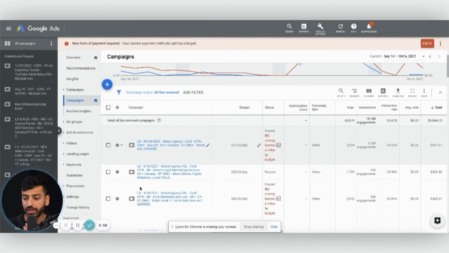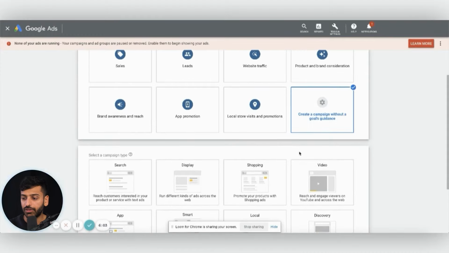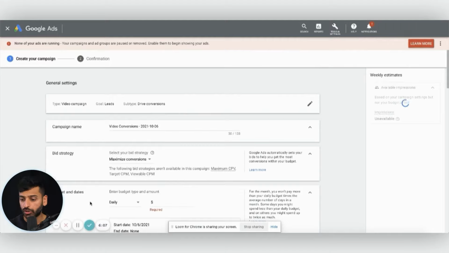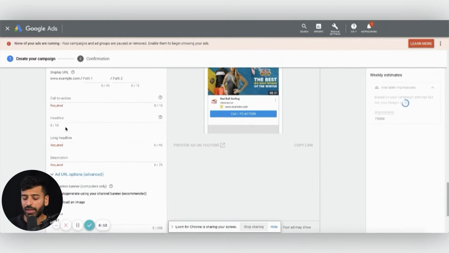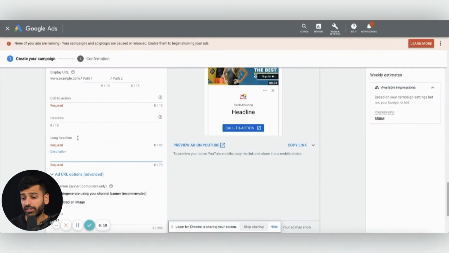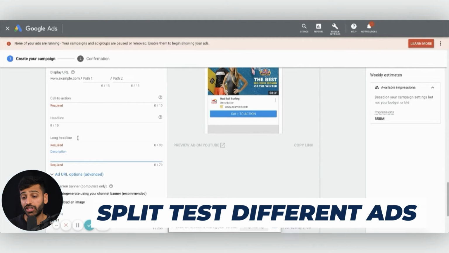So as I mentioned here, if we really look at that ad format and how it's set up, you can see the copy is really important. So what you want to be doing is optimizing your long headline and the description right here. One of the important pieces here is split testing different ads in terms of just the headline and the